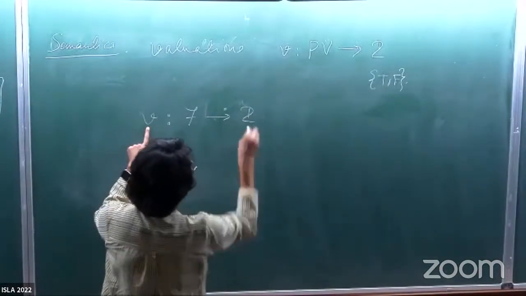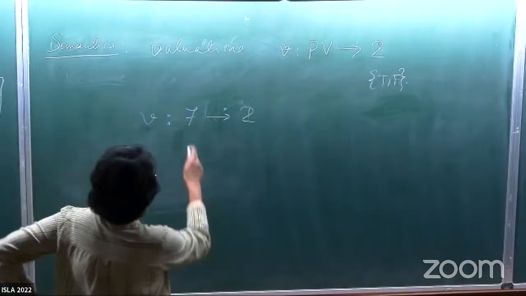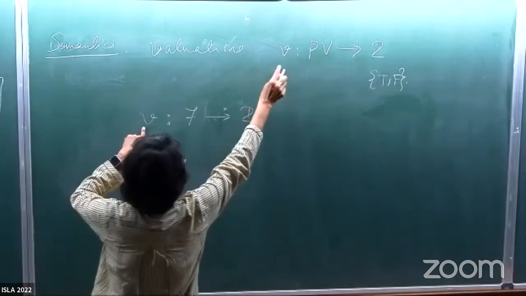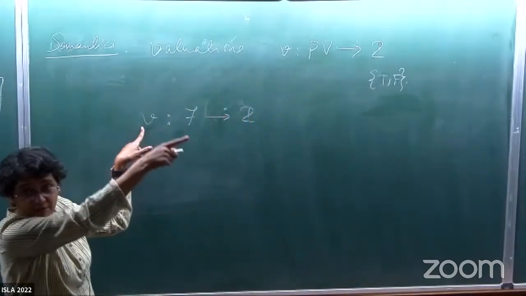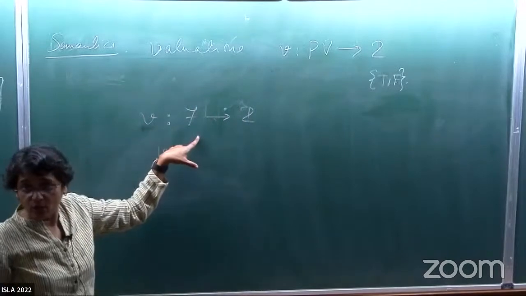abusing notation, to a map from the set of all formulae to the same 2-valued set, but you can, I think, see what we will do. It will behave homomorphically. So this is a V which is being defined once this is given, right? So that V is given, and I'm going to extend it to the set of all formulae.